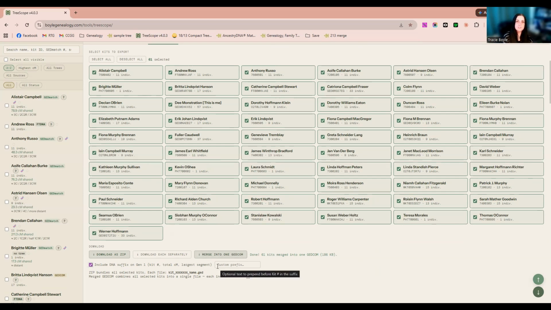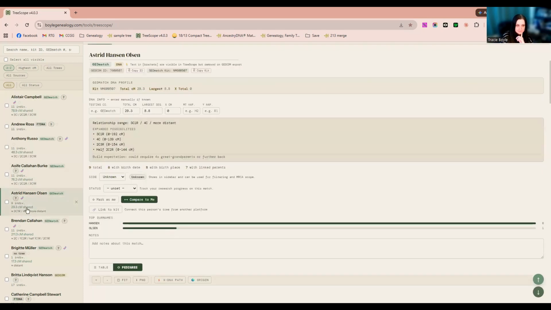If you do have DNA information imported into TreeScope, it will give you the total segments and the longest segment, and if you add in a custom prefix, it will also add that to the suffix of the match you're importing. So for instance, for this one, if I wanted to just put "DNA match." So when I export these files, in the suffix, we have Astrid here. She's going to share 29 centimorgans. So if she were to be exported, if you look at the testing information, her suffix would then be DNA